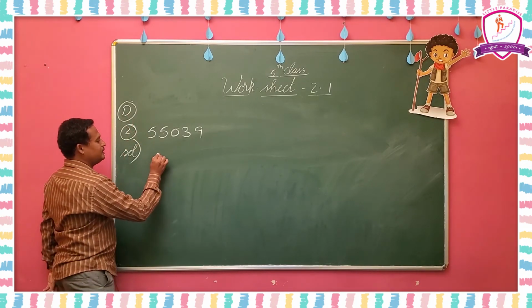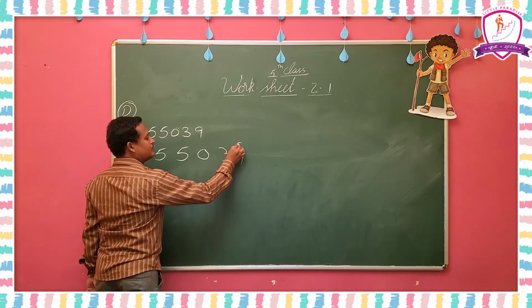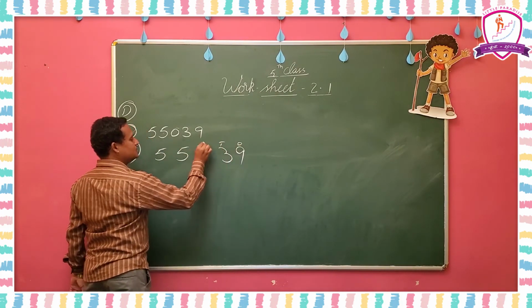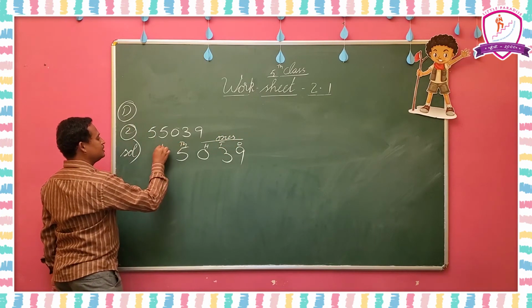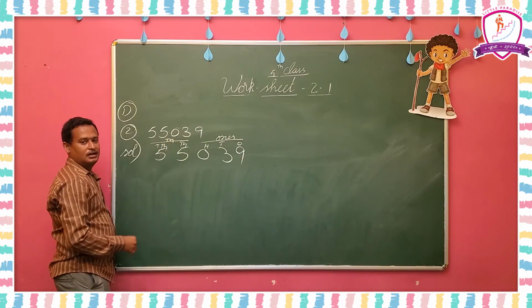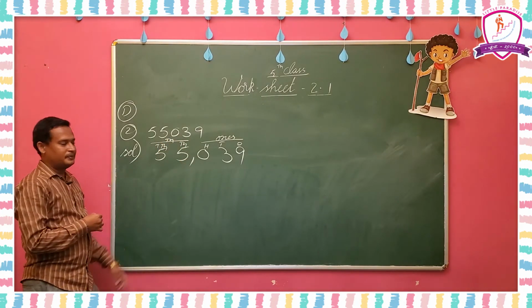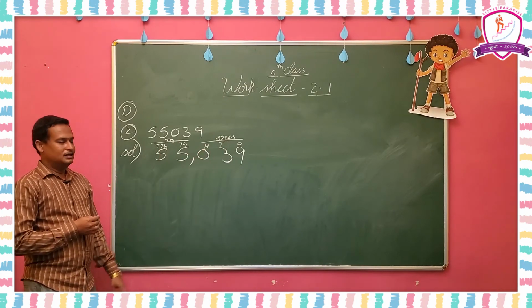First you have to copy this number again here like this. So now write the places: ones, tens, hundreds. These 3 places will become the ones period, and thousands, 10,000s, these 2 are in the thousands period. After the ones period you have to put a comma. Okay. 55,039 is the answer. Okay.